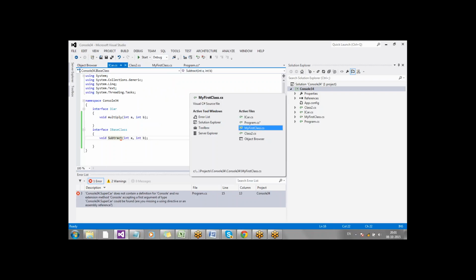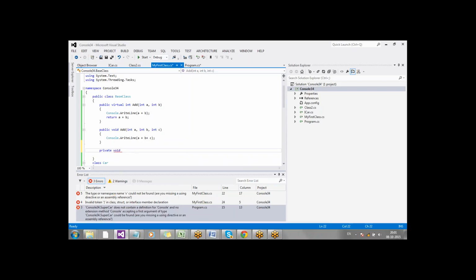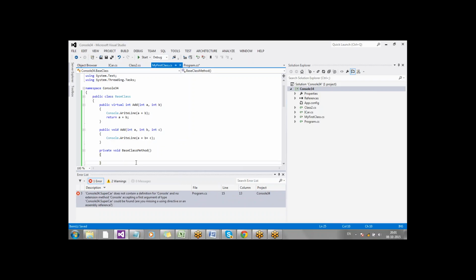Now let me create one private method, private void BaseClassMethod. Good. So I have created a base class method.